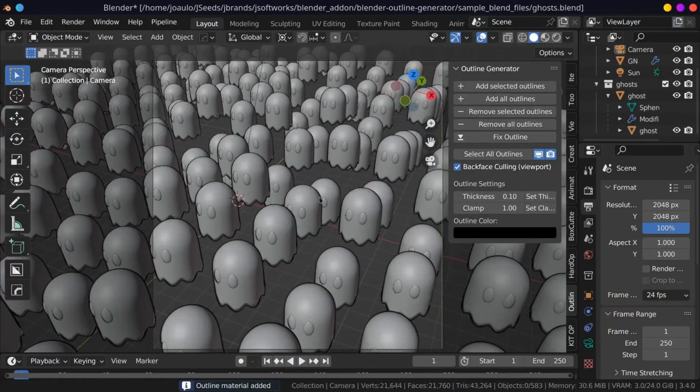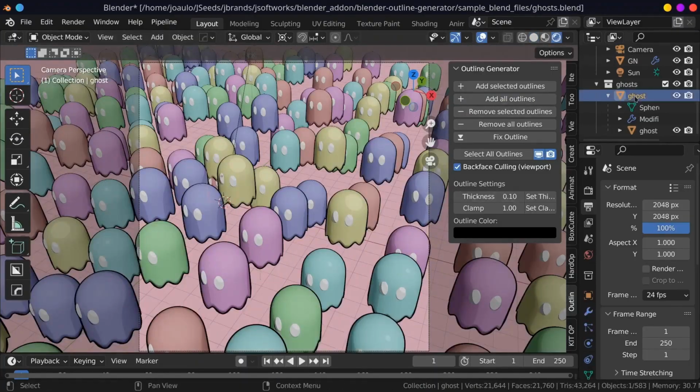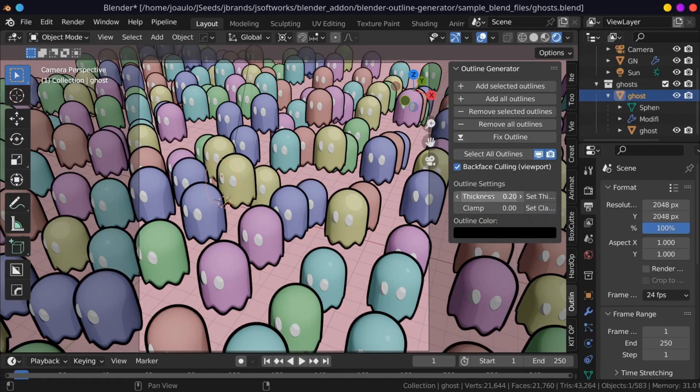For just under $8, it is a massive quality-of-life upgrade for anyone working on anime-style renders, architectural diagrams, or technical